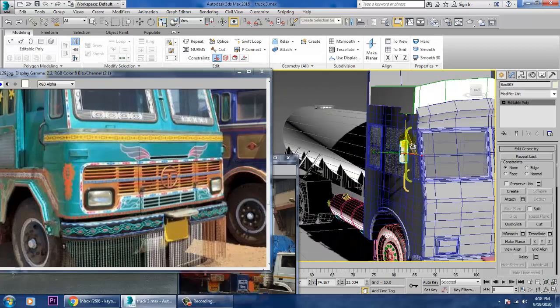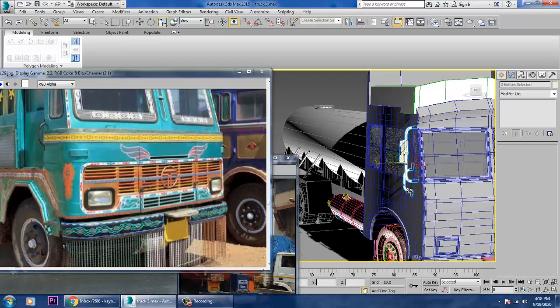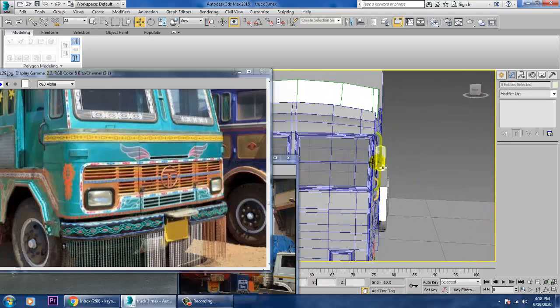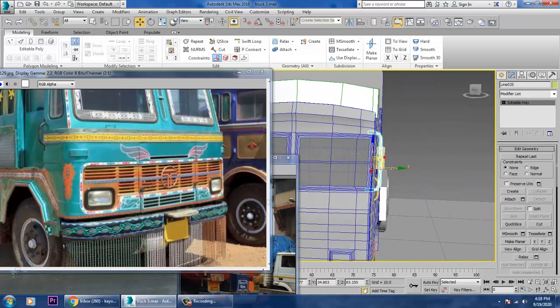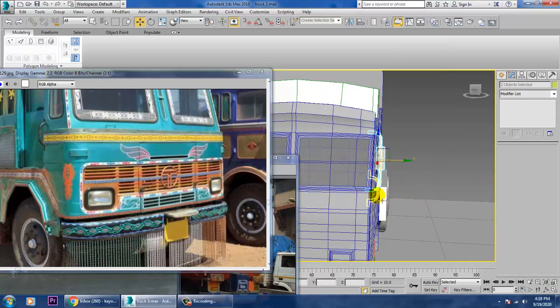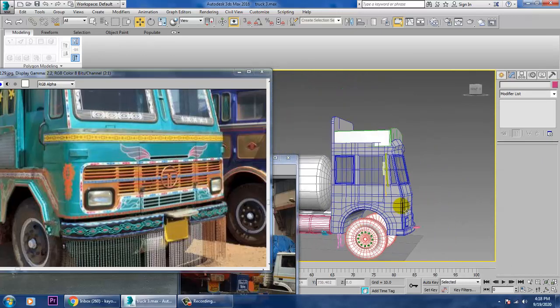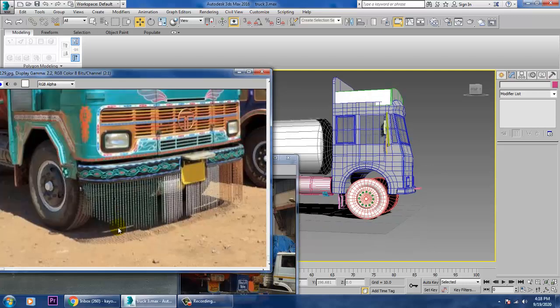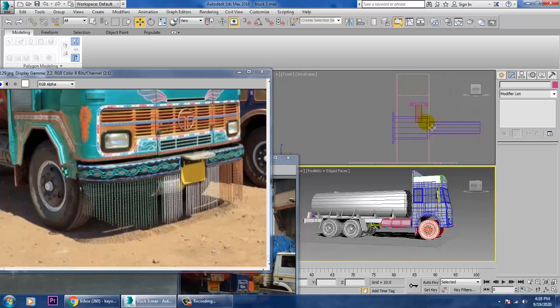So select this and this. We'll just slowly push this out. So same thing will go with this also. Select this and this. Slowly just push this out over here. So if you want to generate this small details over here, that can be generated.